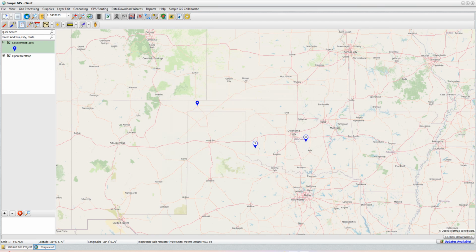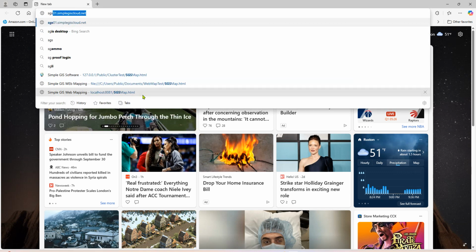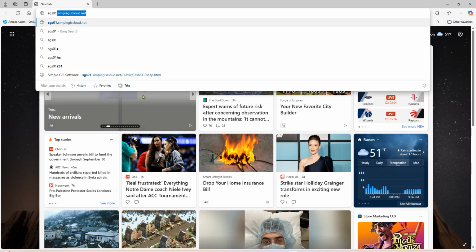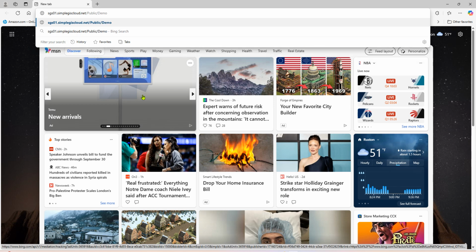But at this point, I can open up a browser window, and I'm just going to go ahead and type in my URL to my Simple GIS Server instance, and then I'll do a slash and I'll do the workspace, which was public, and then I'll do the name of my web map, which was demo map, and then one last slash and the last thing is